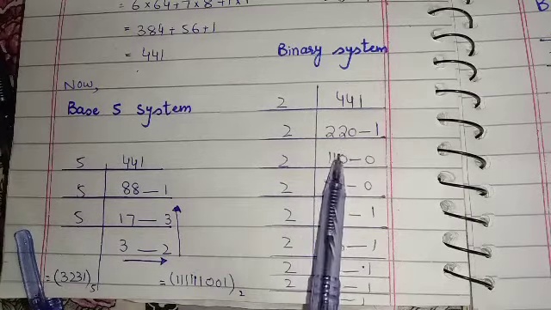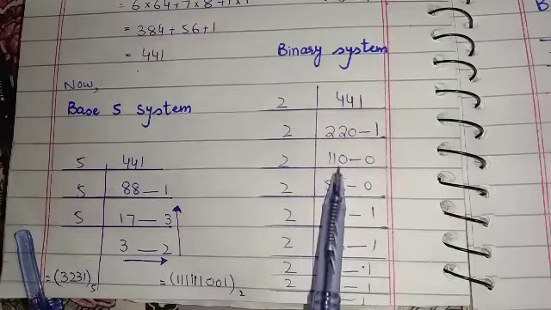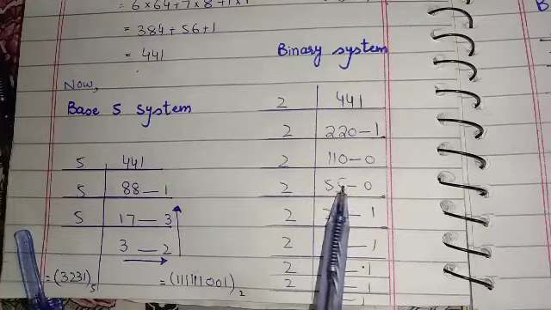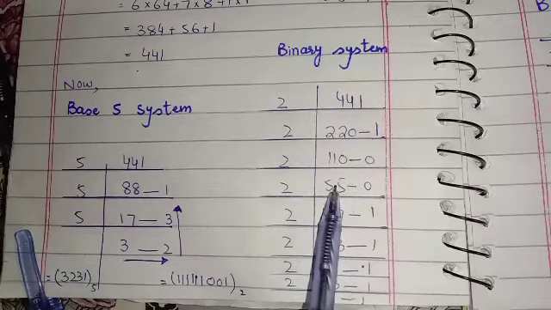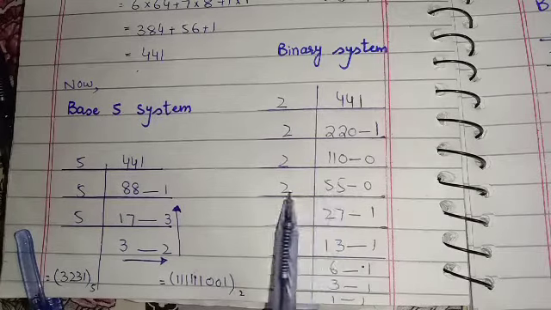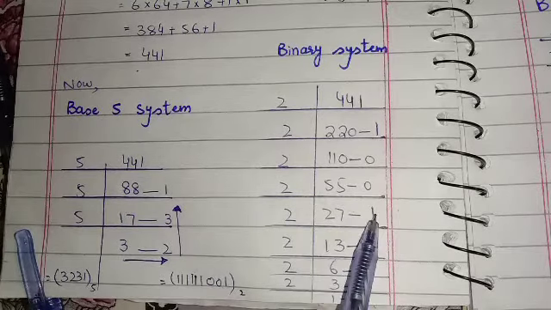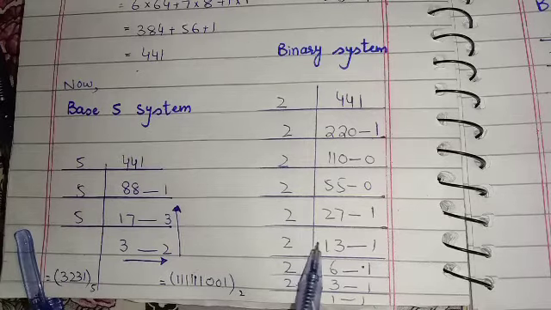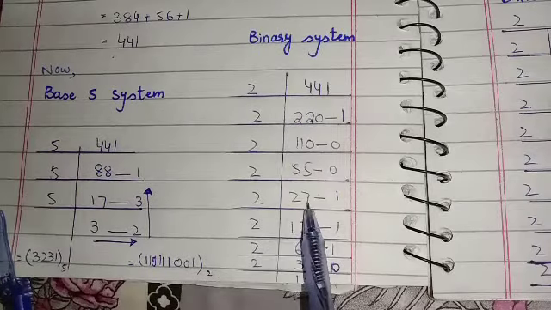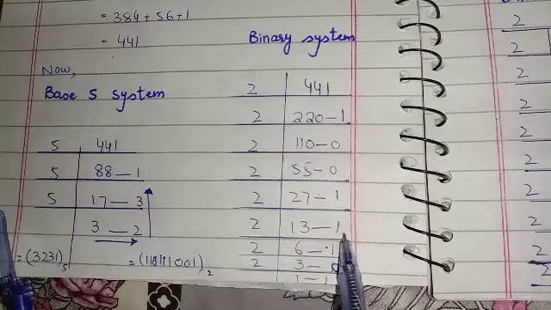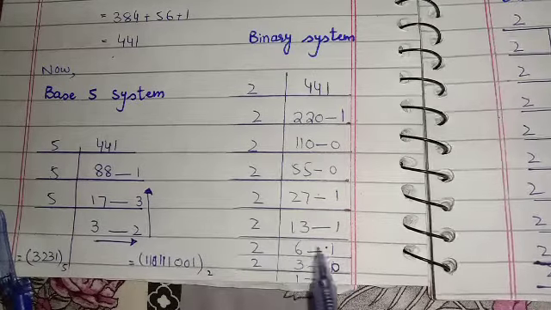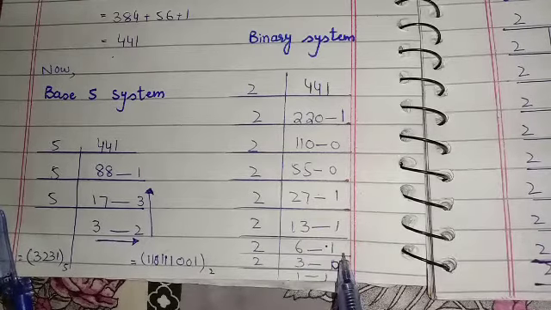Then 2 5s are 10, 1 carry with 0, 2 5s are 10, there is again nothing, so we will write 0 on the other side. 2 2s are 4, here 1 carry, it makes 15, 2 7s are 14 and 1 will be written on the side. 2 1s are 2 and there we have 7, 2 3s are 6 and 1 remainder, it will be written on the side. 2 6s are 12, 1 remainder, it will be written on the other side.